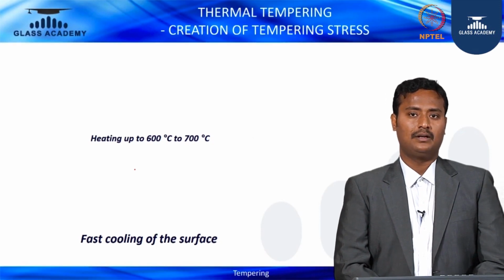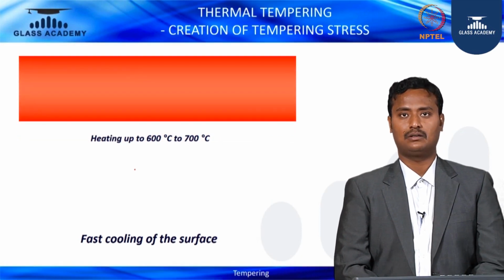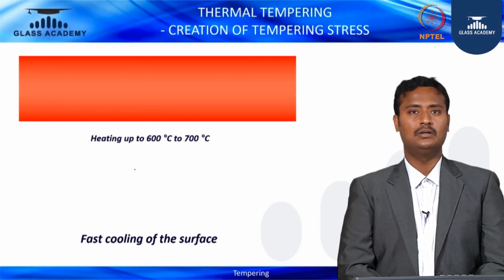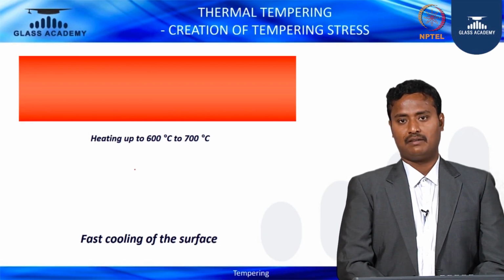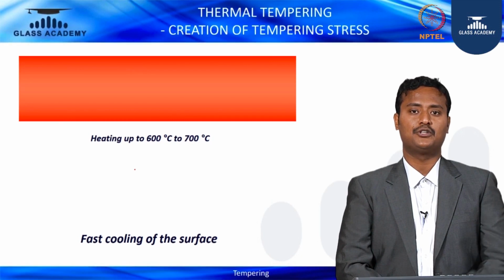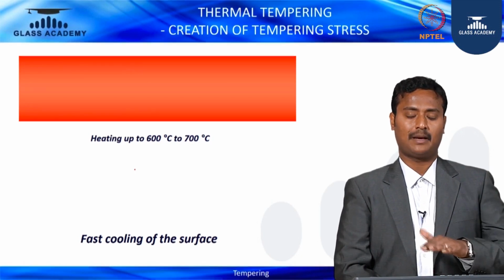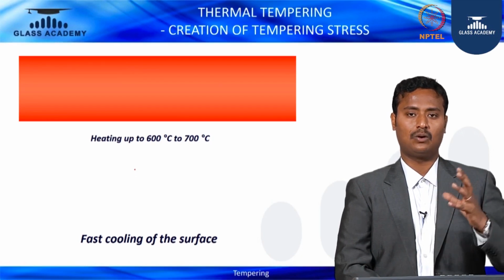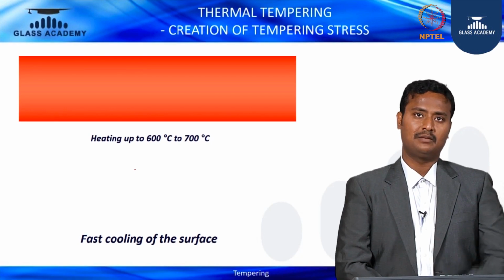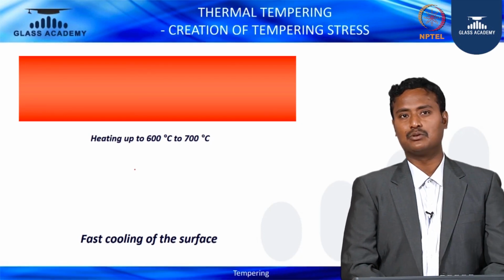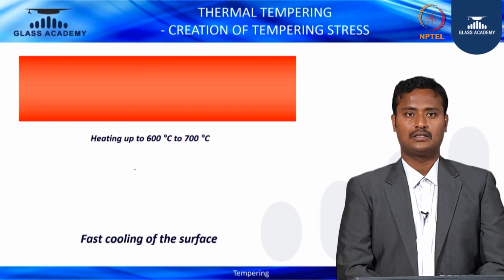Let's see how heating takes place in the heating chamber. You see that you are heating the glass up to 600 to 700 degrees centigrade. It depends upon the manufacturer. The temperature will differ because of the distance between the glass kept on the rollers and the heating coils, where the heaters are placed. So it depends upon the manufacturer, it may vary. So that's why it's heating up to 600 to 700 degrees centigrade. You are heating the glass.